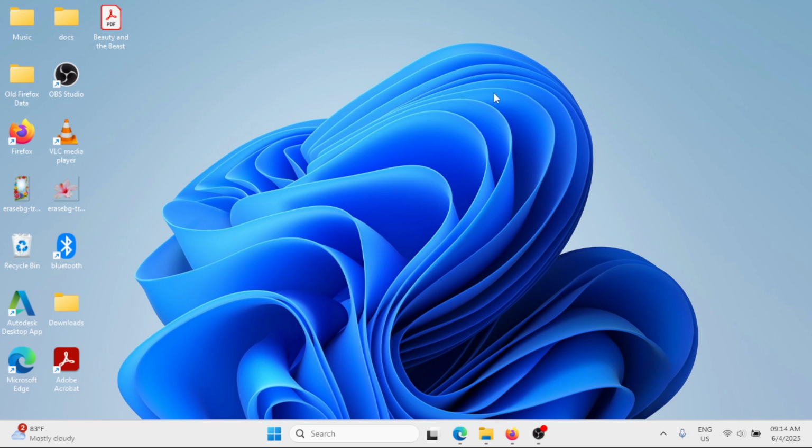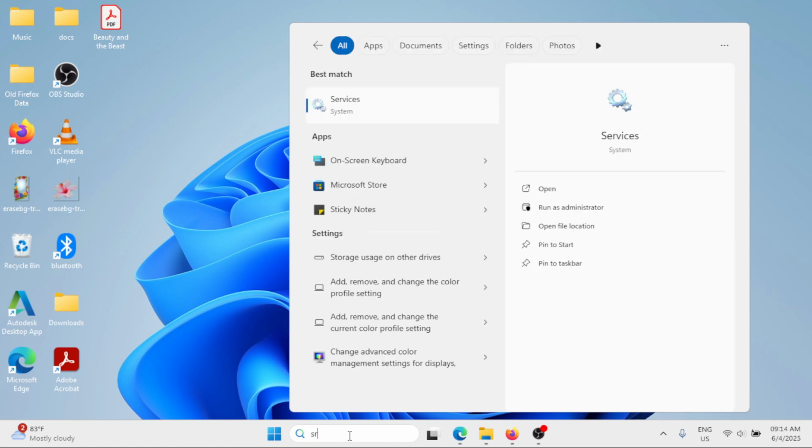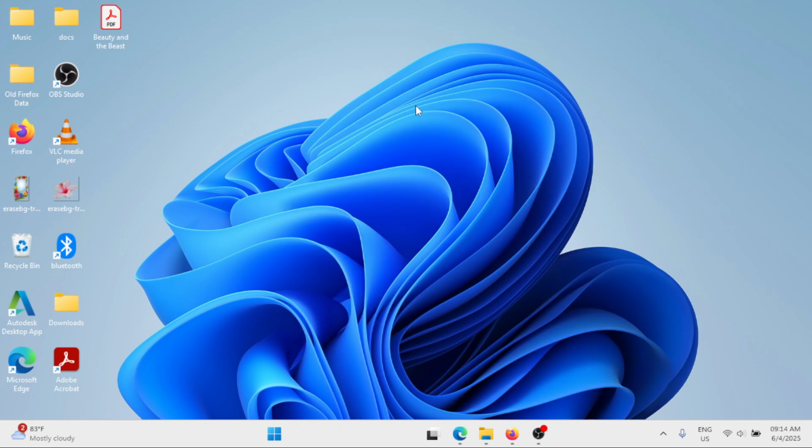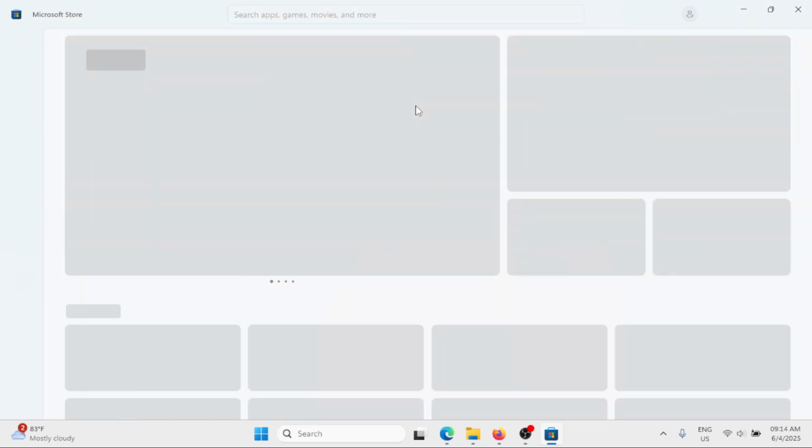Next method is you can also sign out and then sign in again into the Microsoft Store. So go to the Windows search bar and type Store. Click Microsoft Store under the best match. Now, once the Microsoft Store is opened,